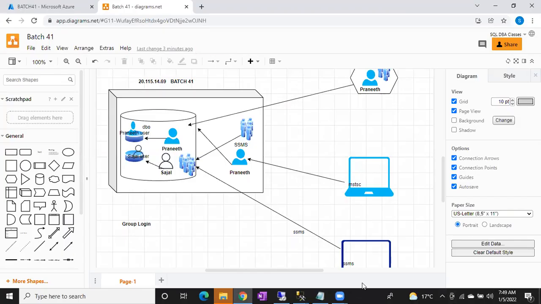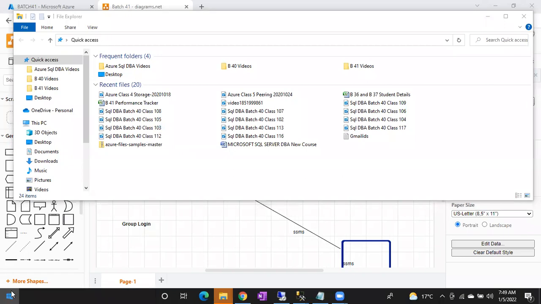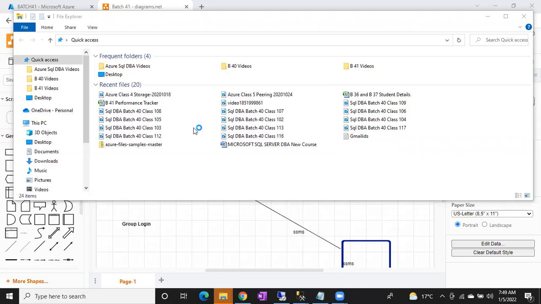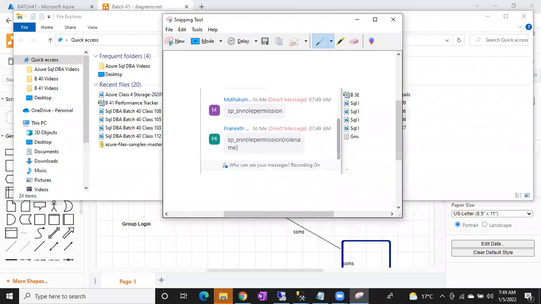Okay, let me add Muthu 1 point. What happened, Kusma? Come on. Very good. Pranit is the winner. Actual winner is... So you tell me, guys, is Muthu the winner or Pranit? Let me snip this one. Now you can see, right? To whom do I have to declare the winner, Muthu or Pranit?